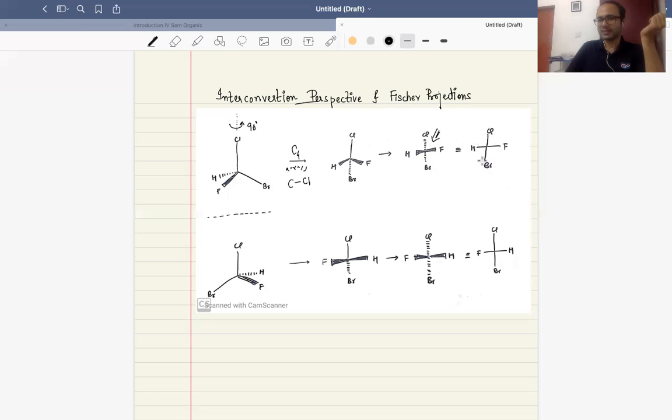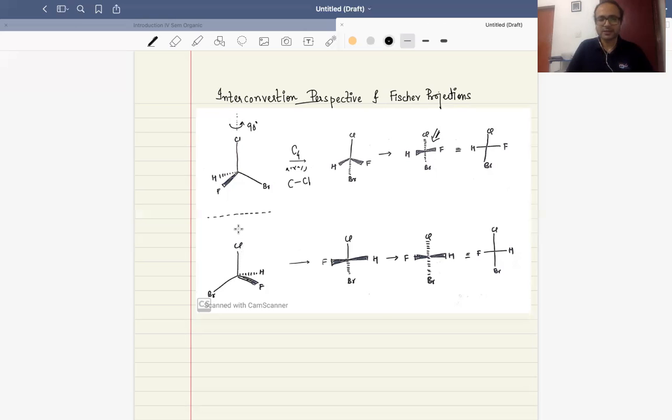You just write a plus sign and then you write all these groups across these horizontal and vertical bonds. Okay, so let me do the perspective formula in another way around. So here your line bonds are on this particular side of the page. Okay, and now in order to make the Fischer projection formula corresponding to this particular structure, what I'll do, I'll